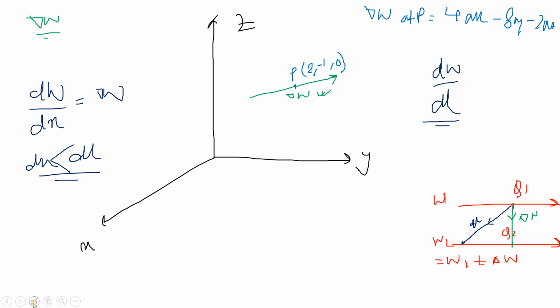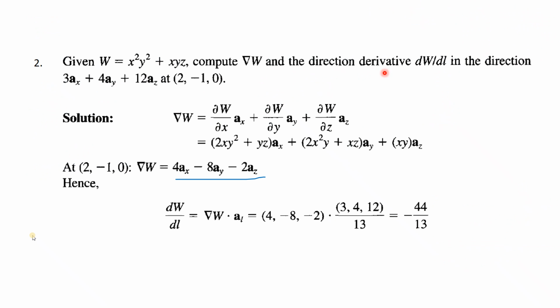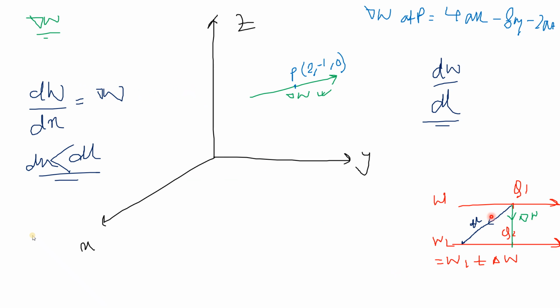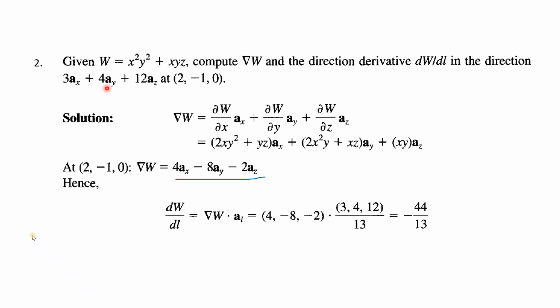Very easy. If you know the gradient of w, you have this vector, because the value of this vector is known at point P. The question is, dw by dl, that means you have to calculate the gradient not along the shortest path, you have to calculate the gradient along the longest path. So it is not a gradient anymore, it is just change in w with respect to L. So you have to calculate that change in w with respect to L in this direction, in this path at a point P. So this path is this one, 3 unit vector x plus 4 unit vector y plus 12 unit vector z. So this is dl.